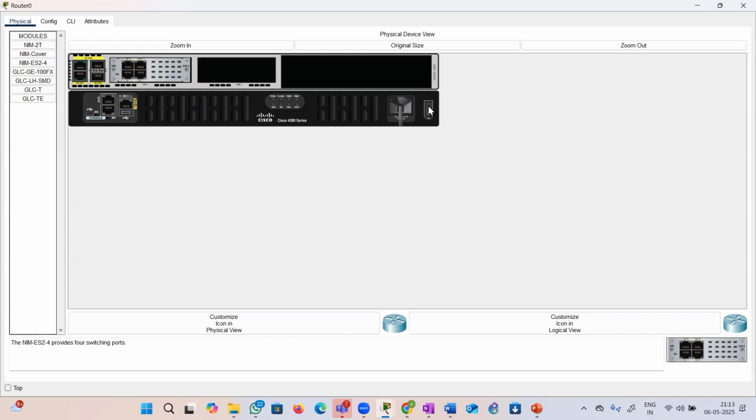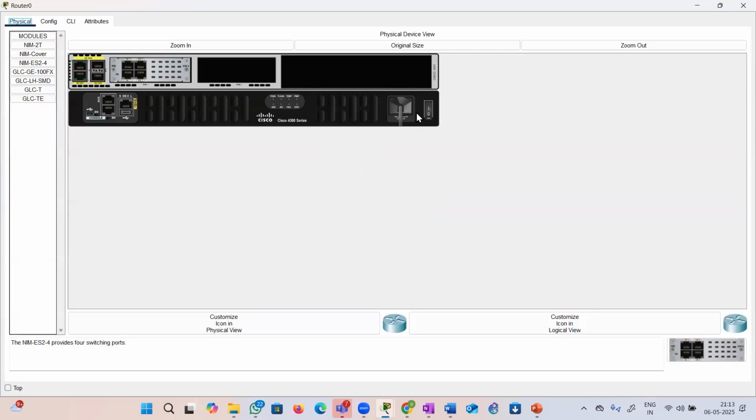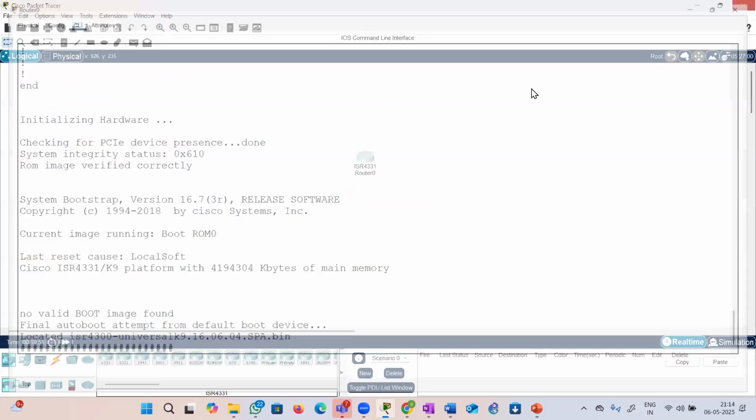Let me turn on the power, right? So it's booting up. Did I turn on the power? It should boot up again. No, it didn't work. I have to click here. Okay, now it's green. So it should boot up. Okay, good. I'll close this. Now look,